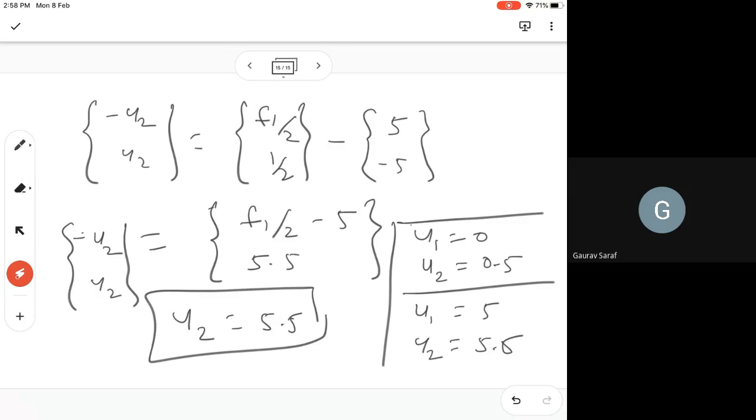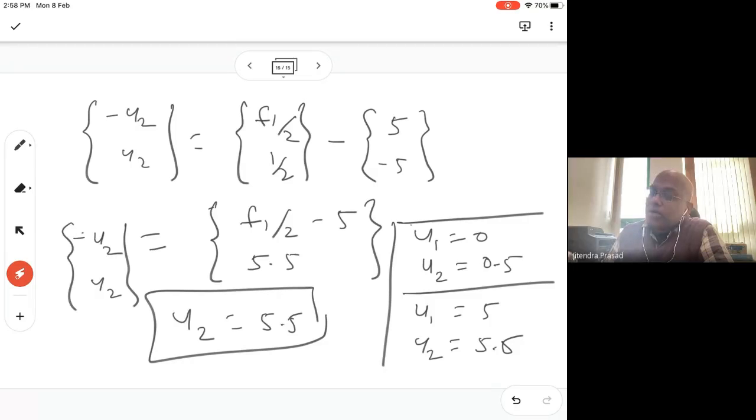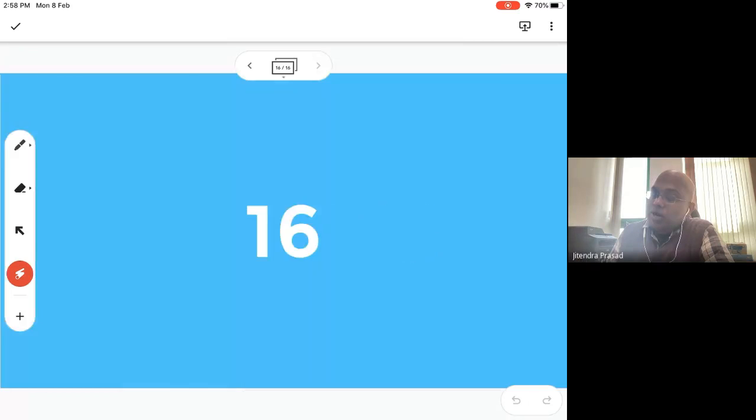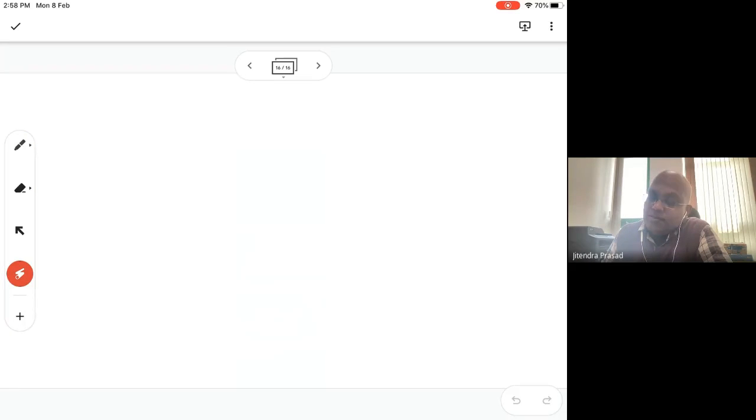Sir, in this problem we were giving a necessary boundary condition. So U1 is a number of unknowns, we are reducing the number of unknowns. Don't think like that. I tell you, which department are you from? Mechanical.